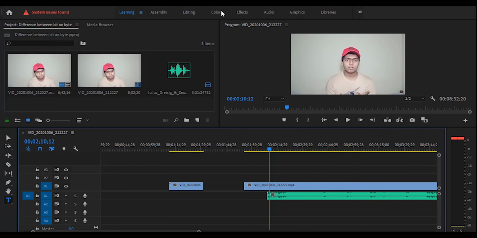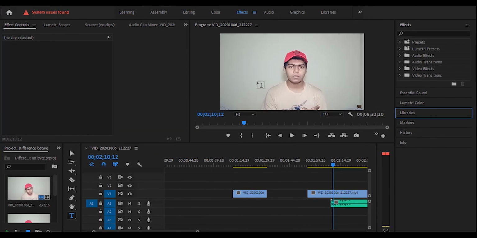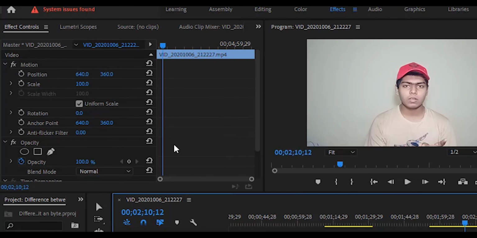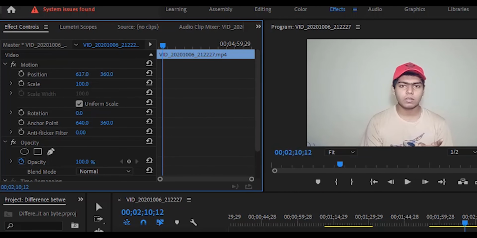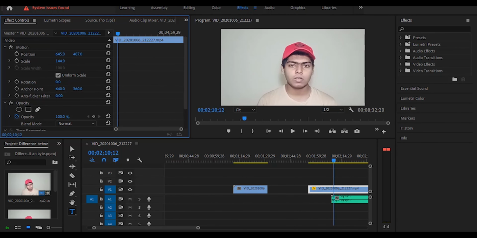And okay, let's talk about the effect controls panel. This is the most used panel there. You'll find some presets and a lot of things over there. Now if you apply any effect on any sequence or clip, then select that clip, and you'll find these effect controls. You can simply reposition the footage up and down, side to side, increase the scale,